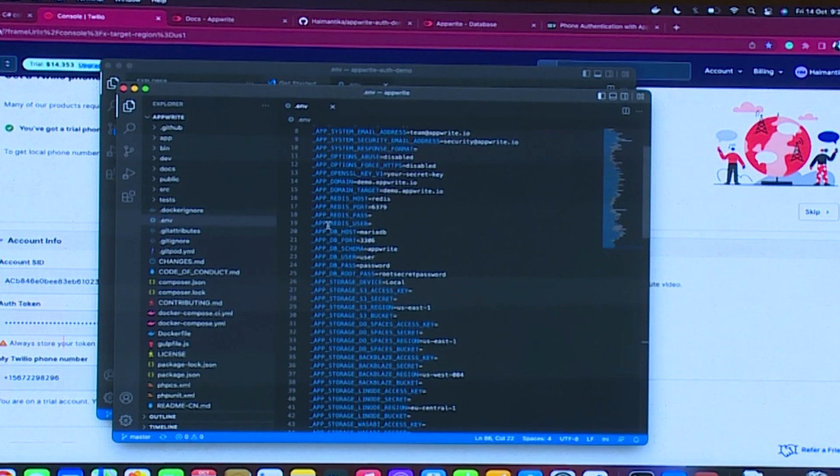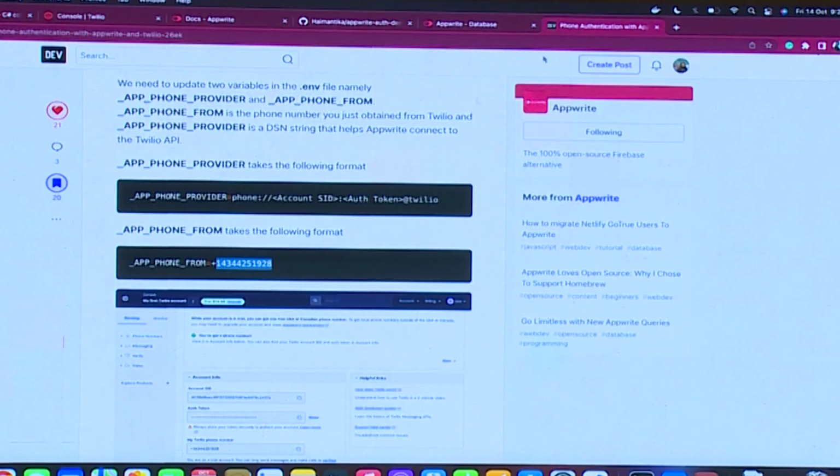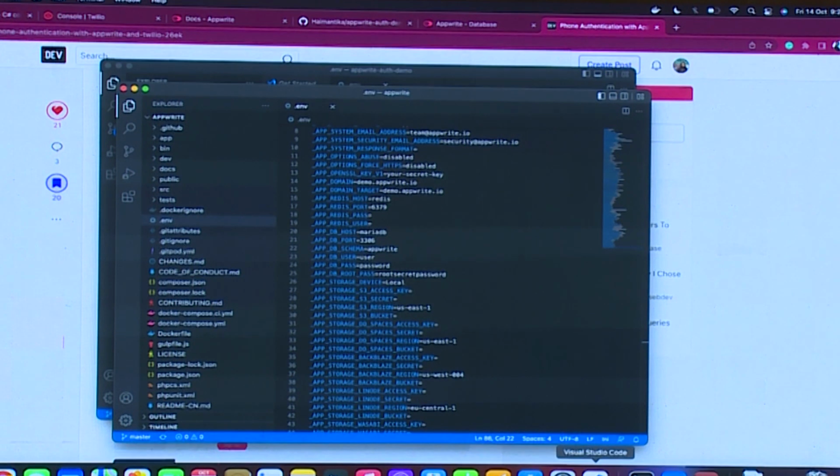Once that is done, what you need to do is close all the Docker engines. It's as simple as docker compose down, or you can also use an easy command. Just a second. There's another command that you can use instead of using two single commands of shutting down the engines and starting it up. It's docker compose up -d --force-recreate. This is something that even I don't remember, and you can always reference back to the docs for that. This is all about the AppWrite setting up part.